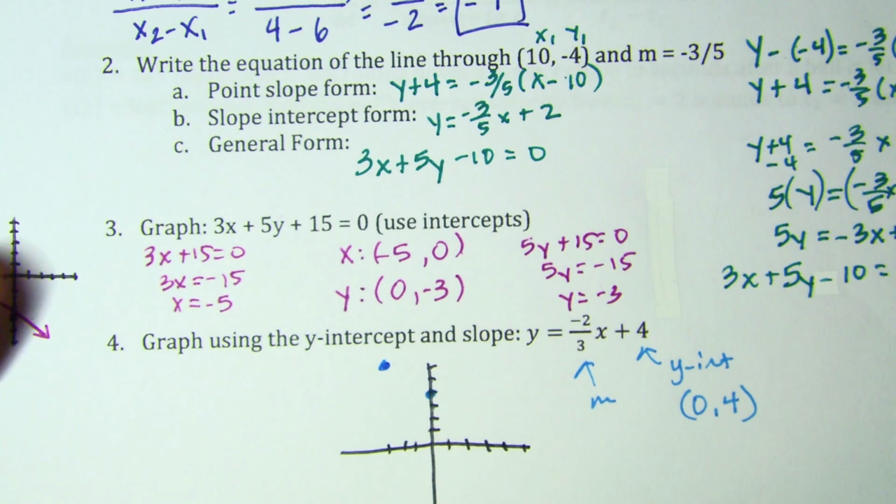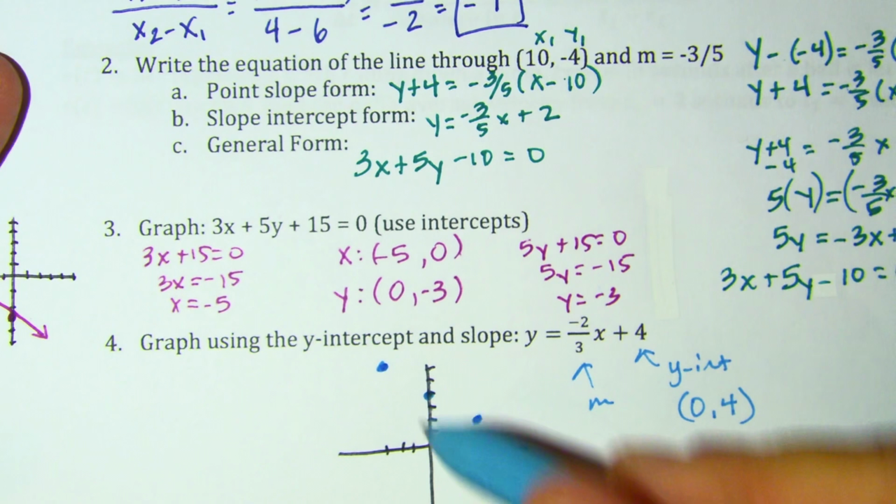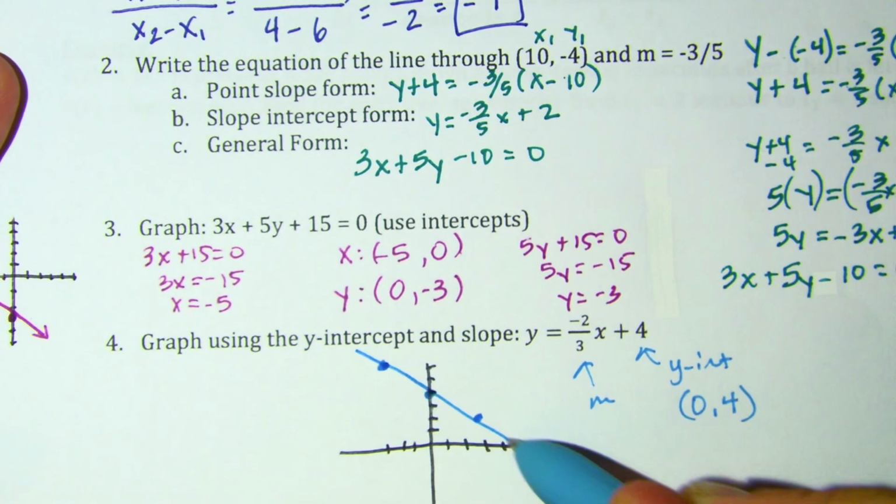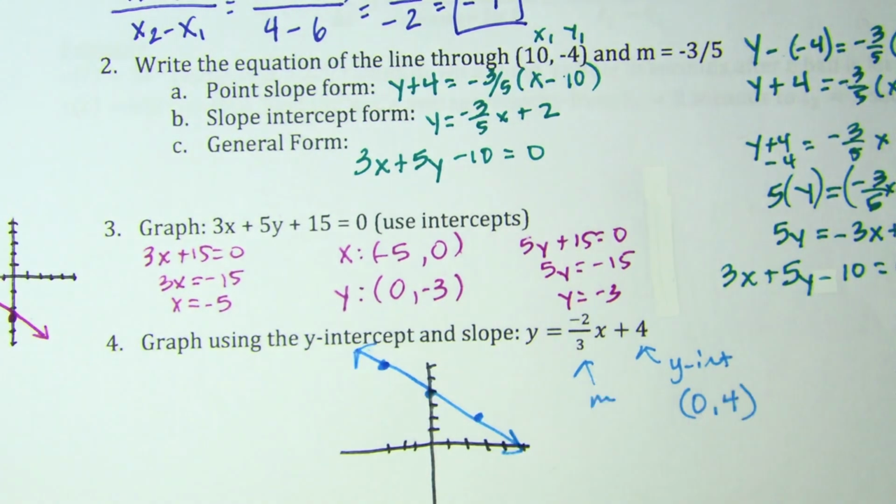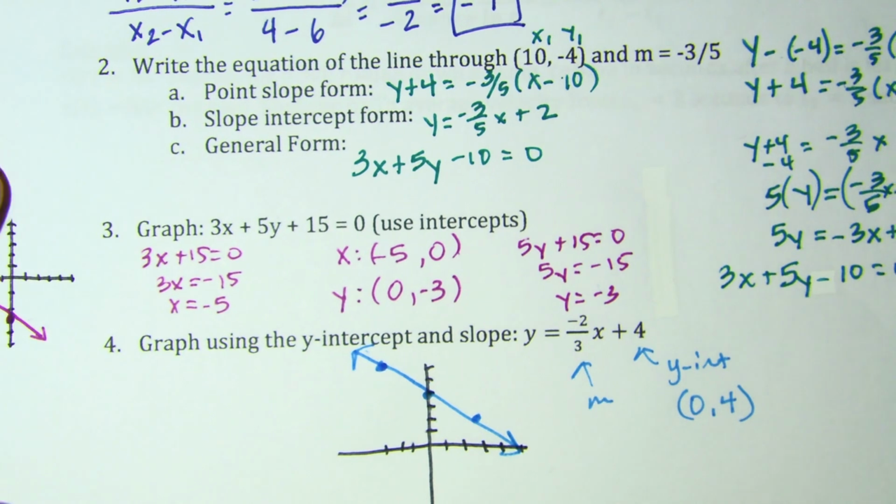Or I could go down 2 and over 3 this way. Both of those points lie on the same line. They produce the same line here. Okay. Moving on to the next page here,